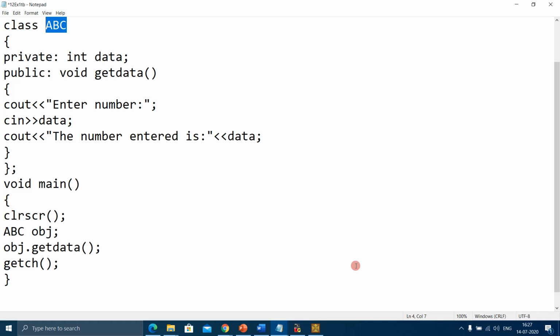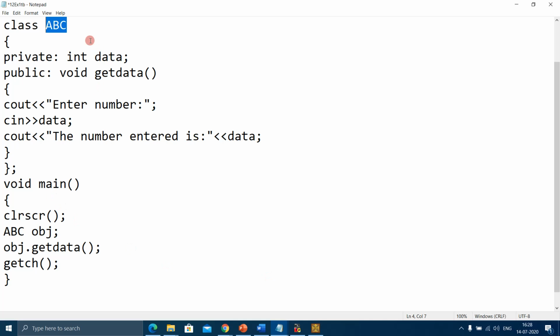We'll come to protected later. For now, just keep in mind that the access specifiers are of three types: public, private, and protected.